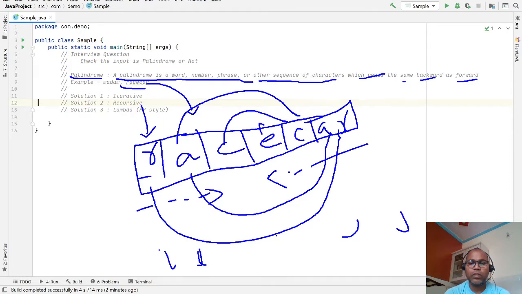If it matches, we move on. If reading from both directions gives the same characters, the input is a palindrome. If there is a mismatch, the input is not a palindrome.